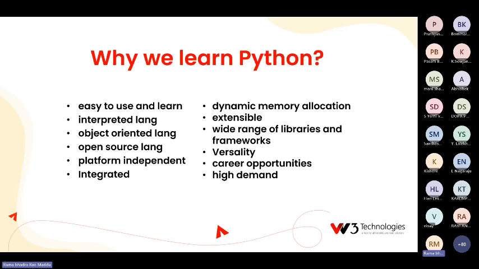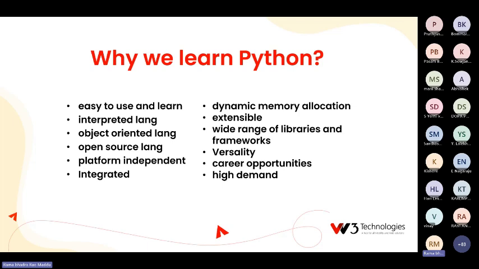A library is already developed code we can use in our programs. So Python supports a wide range of libraries.